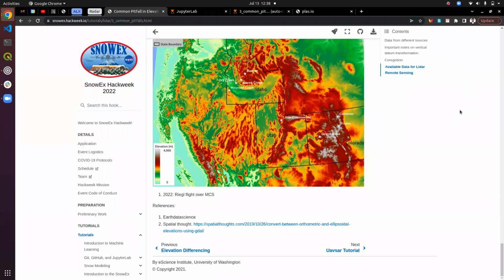So the main difference is just we had them fly much higher point density than ASO would, and they did a pretty extensive ground control, which ASO normally doesn't do. The ASO is also going to be taking these data sets and producing their products. So snow depth